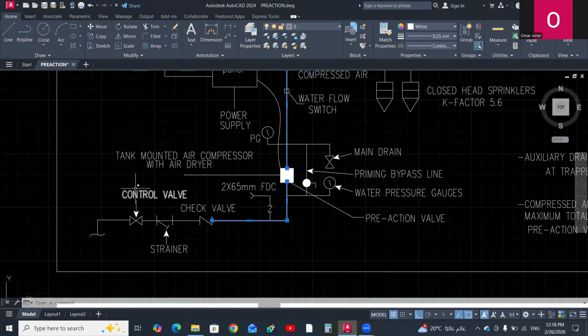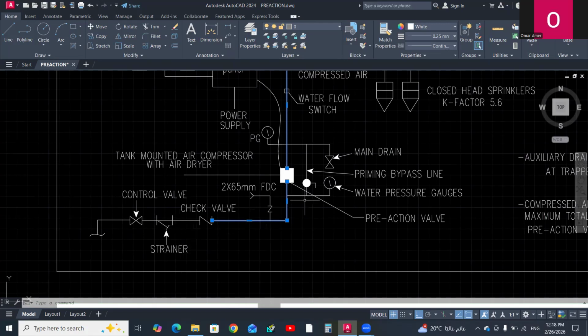We have to use a main control valve, isolation valve, with a strainer to remove any impurities in the main water from the main water stream. Then you have to use a check valve. The purpose of this check valve